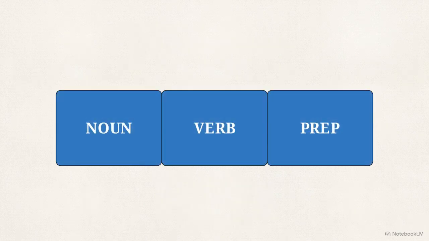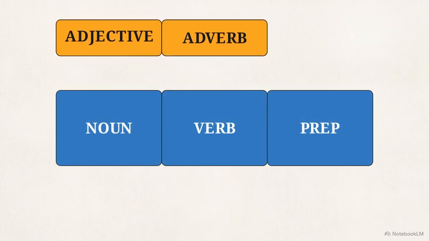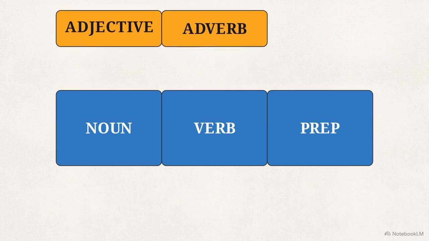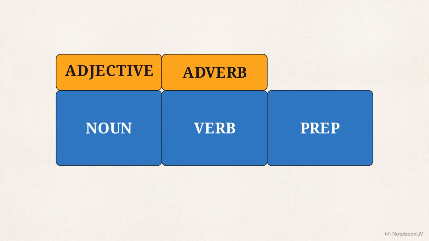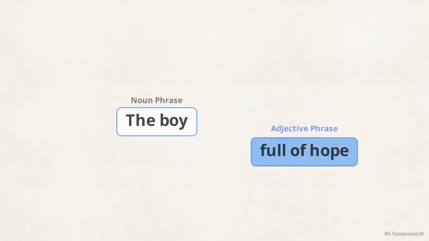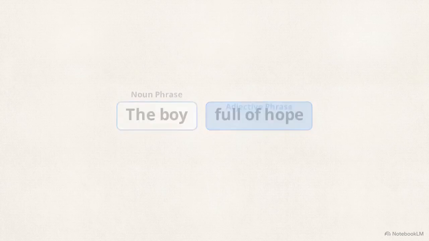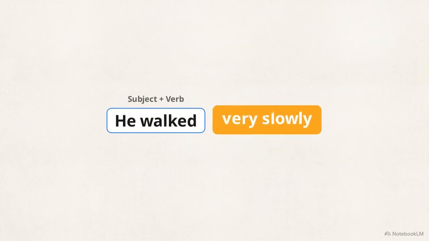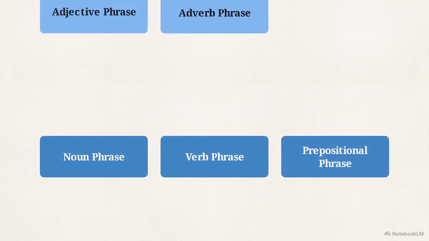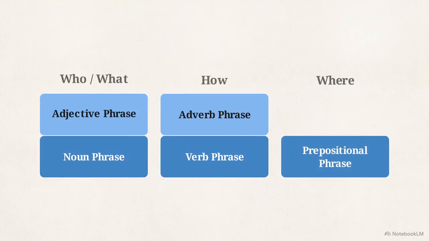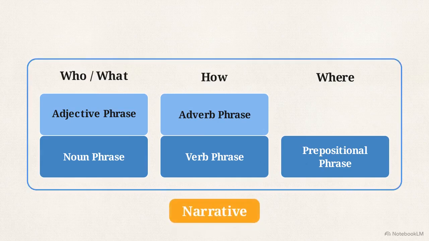Once those core pillars are in place, sentences require modifiers. Adjective and adverb phrases act as the grammatical decorators that enhance nouns and verbs. An adjective phrase like "full of hope" attaches directly to a subject to flesh out its description, while an adverb phrase like "very slowly" modifies exactly how an action is performed. By stacking these basic and modifier phrases together, a writer establishes the precise who, what, where, and how of their